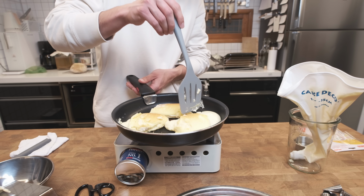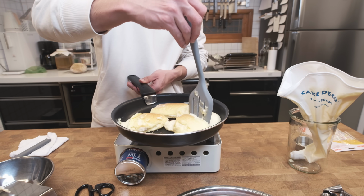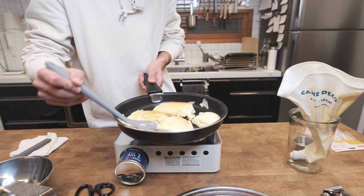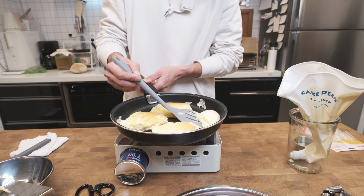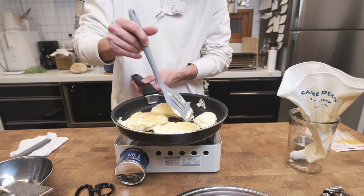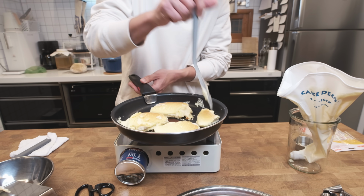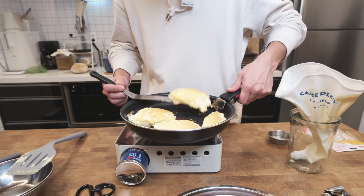Pinch you off. Make you your own one. We need to pinch you off as well because you're not part of him. Let's move you across over to here. Let's try and flip you. Because you don't belong here. You're too small. I think they might be...